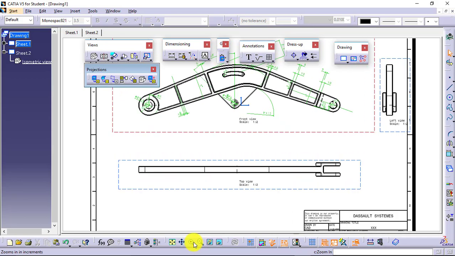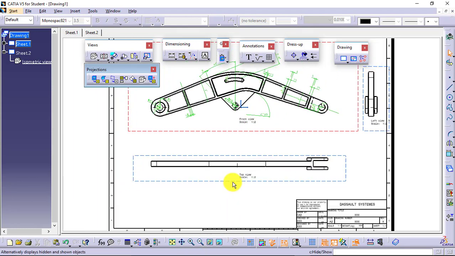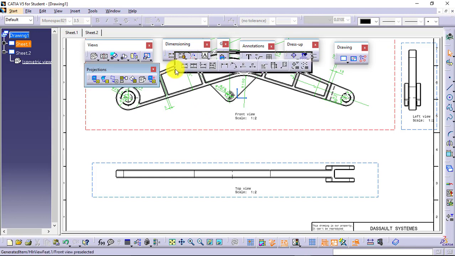You can see over here, these are the dimensions. If you want, you can adjust them as per your own requirement. If some particular dimension is not feasible in that view, you can delete it, no issue. And remaining dimensions you will have to use the dimensioning toolbar.